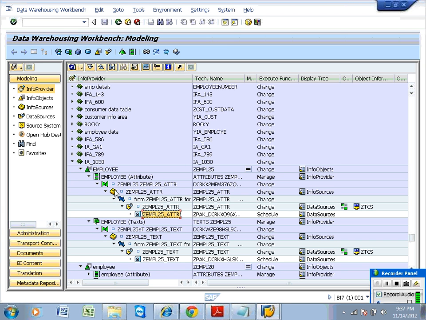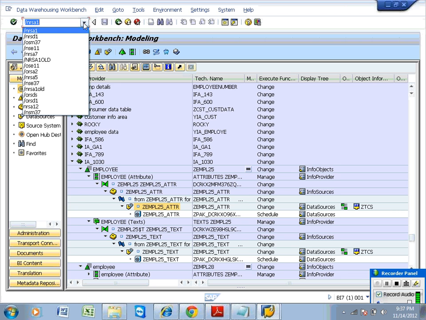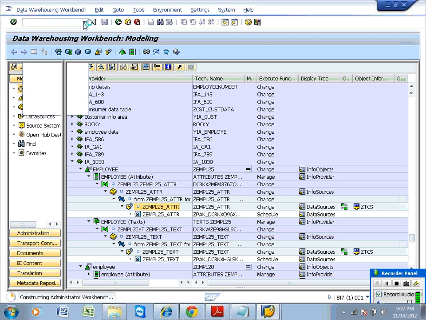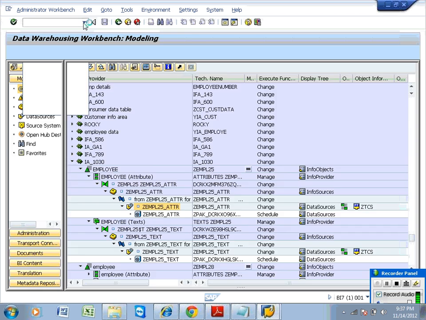So this is the data flow diagram. In this you have a data source. For this data source you can find one PSA, and for this data source you can find another PSA. This PSA is going to hold attribute information. This PSA is going to hold text information. Now, if you want to see this information, until now I am showcasing information in the data warehousing workspace, meaning in the latest data flow. So, if you want to go back to 3.x, you can choose RSA1 old.